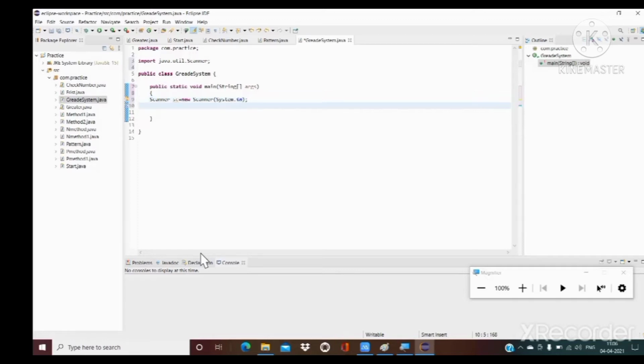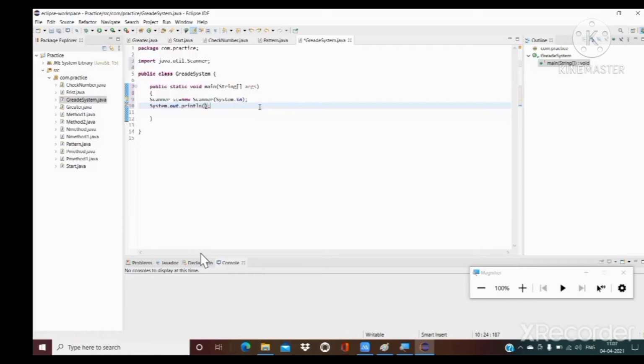After that we are giving a message to the user, enter the marks. So here we directly write System.out.println with the help of syso, pressing Ctrl and space and enter.